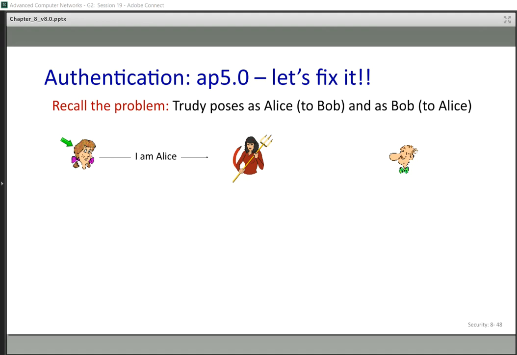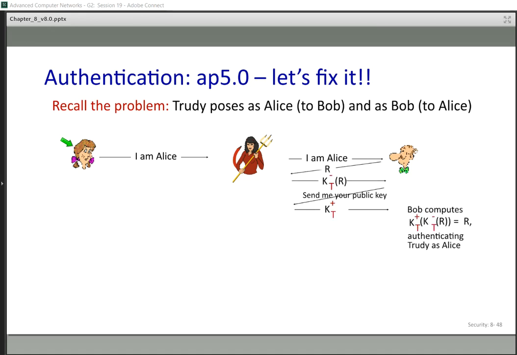And at the same time, Trudy can send a message to Alice, "Hi, Alice. I'm Bob." Trudy poses herself to Alice and Bob. She stands in the path between Alice and Bob.